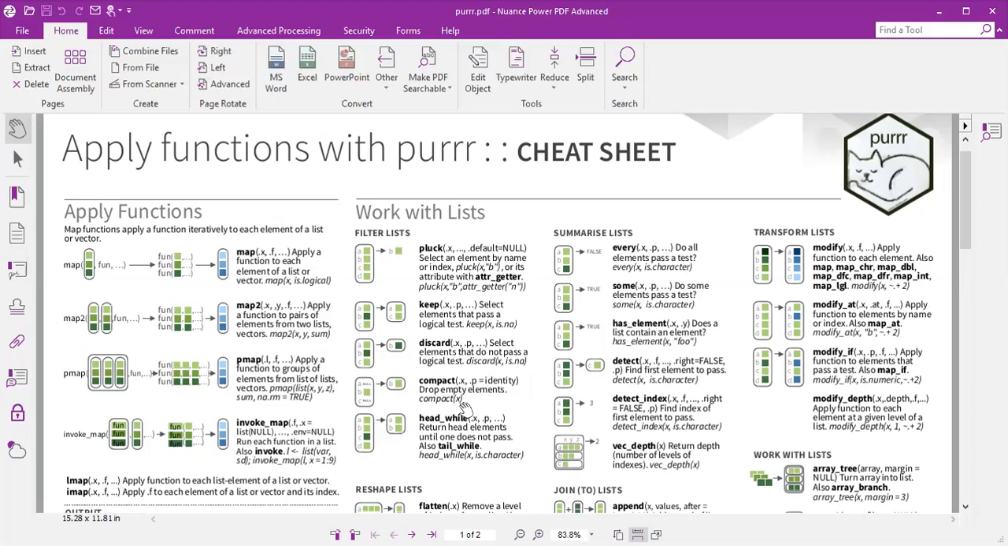head_while. That means you're going to extract from the top up to when a certain element is null, or it doesn't pass a certain test, and it will stop there and give you the head part, or you can do the tail part. So then there are other functions. I'm not going to go through each and everything in the cheat sheet, but I've given you a start. These are more self-explanatory if you read them. So let me go back